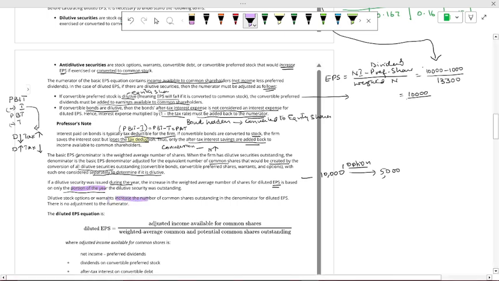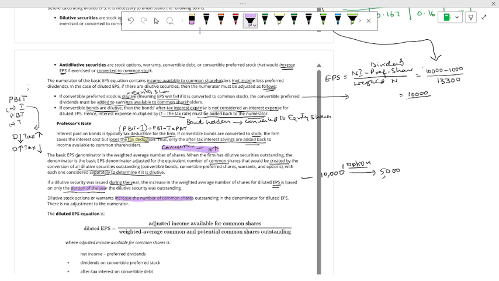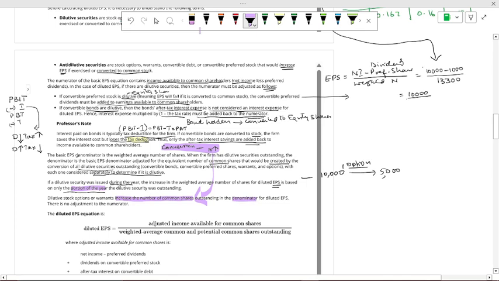This is where dilutive stock options or warrants, as I said, will increase the number of common shares. The moment there is a conversion, the number of shares will increase. It increases the number of shares outstanding in the denominator for the diluted EPS. There are no adjustments in the numerator. Have we ever changed the profits? Profits will never change. Profits will remain the same. The same profits